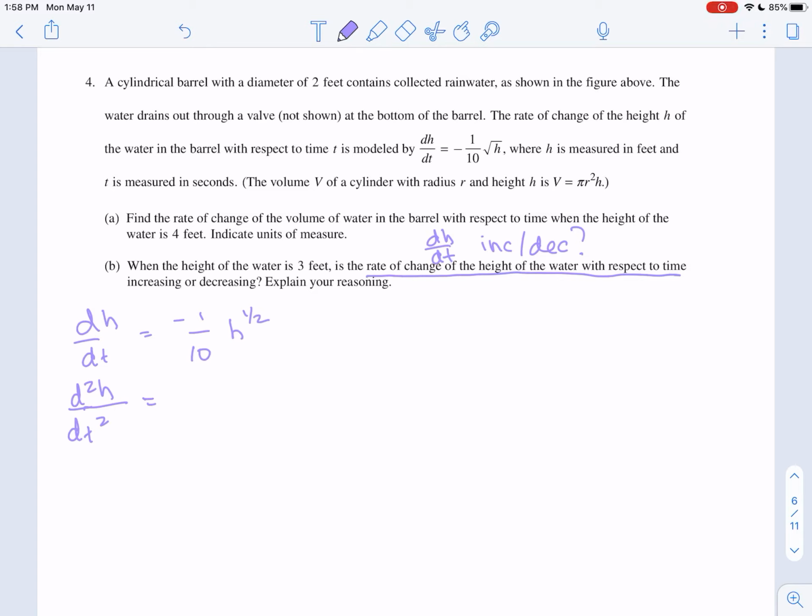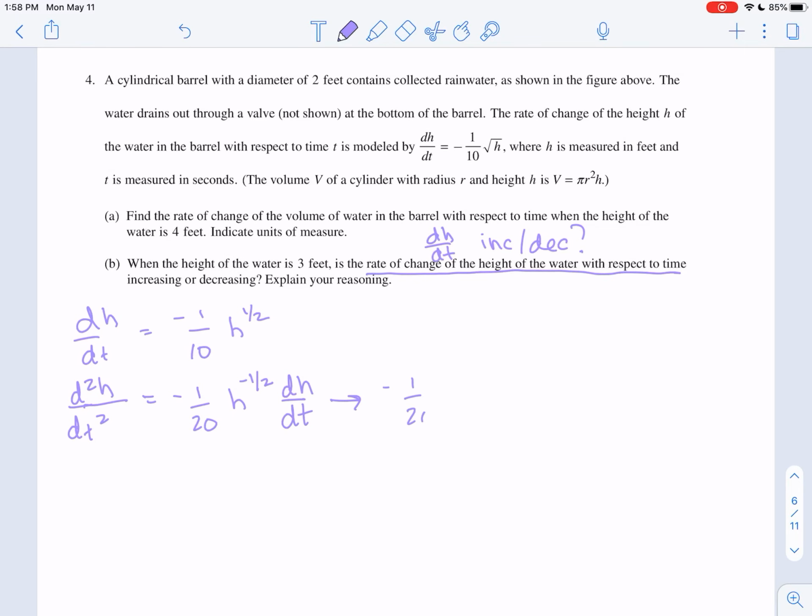Here I'm going to fly that 1/2 over, so I get negative 1 over 20 h to the negative 1/2, now times the derivative of the inside, dh/dt, or implicit differentiation if you want to think of it that way. We're deriving with respect to t, not h, so I need that dh/dt at the end. Okay, now dh/dt is that,